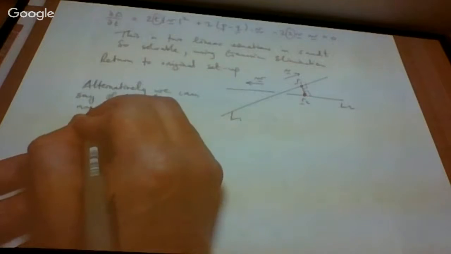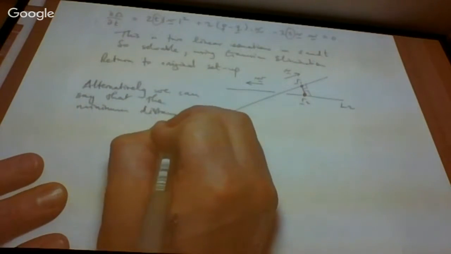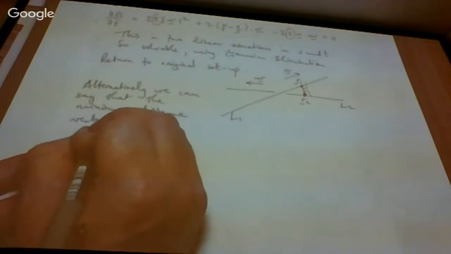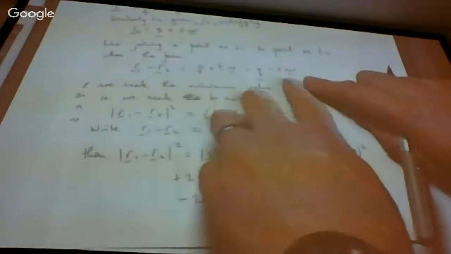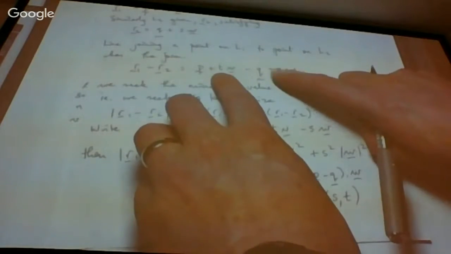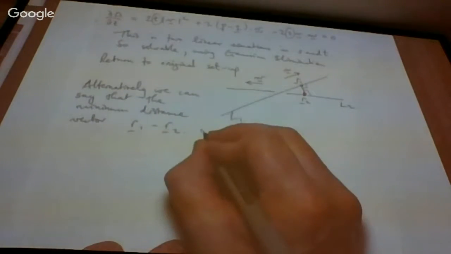that the minimum distance vector R1 minus R2, remember that's something that depends on S and T. If you look at where we wrote our R1 minus R2 on the first page, it's a vector expression, but it's a two-parameter one. It relies on the parameters T and S. So it's got two unknown parameters in it. This minimum distance vector must be perpendicular,